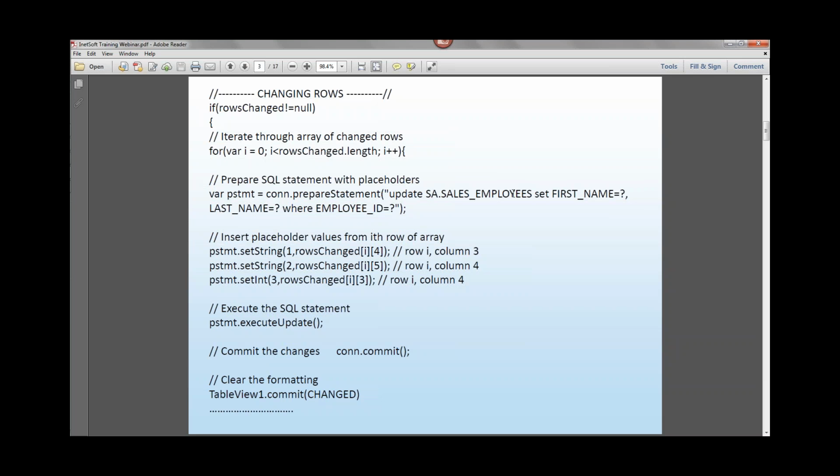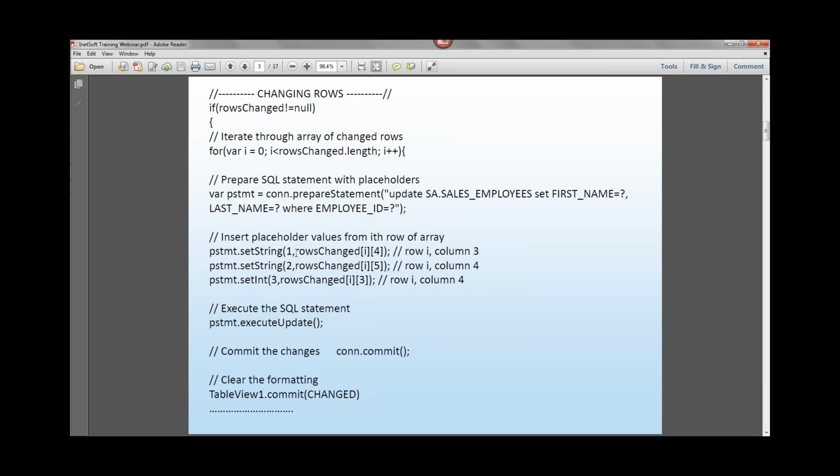And the SQL string that we'll submit to the database is exactly what you see here in quotes. Update this table called sa.salesemployees and set the value in the first name column to something, right? There's a question mark there, and set the value in the last name column of that sales employees table in the database to something where employee ID equals something, right? So it's an incomplete SQL statement, and we're going to fill in the blanks with the next rows of the script, right? So kind of what you're writing here is a SQL statement with some placeholders, and the next rows over here determine what goes into those placeholders, right?